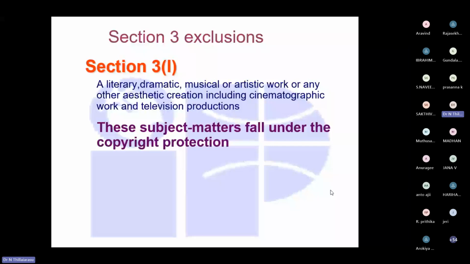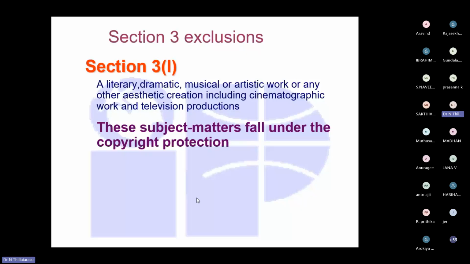Copyright grants the creators of original work exclusive rights to control how their work is used. However, the key aspect of copyright in India is originality. Originality means copyright protects the original expression of ideas, not the ideas themselves. So if I write one poem about a natural thing, and nobody has written those words the way I wrote them, then it is original.